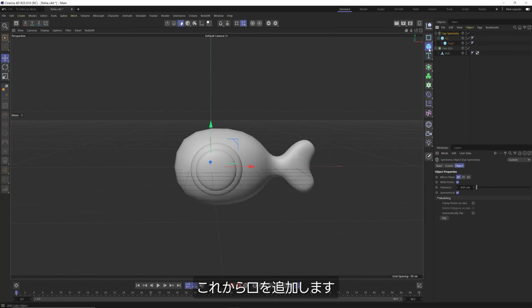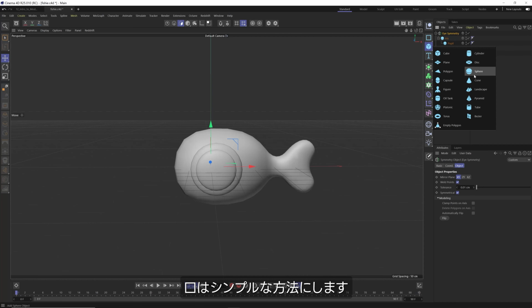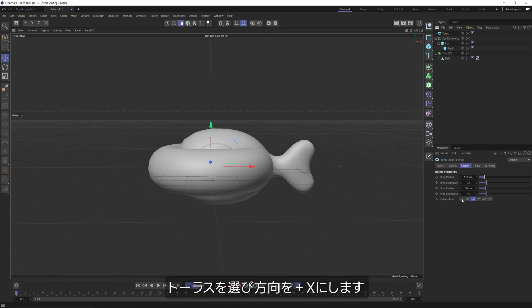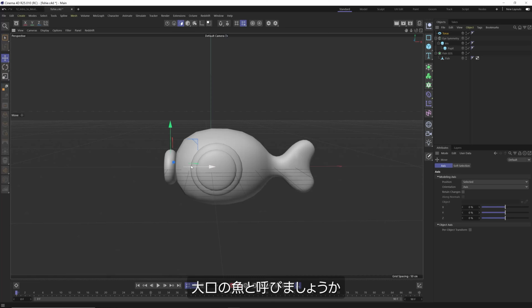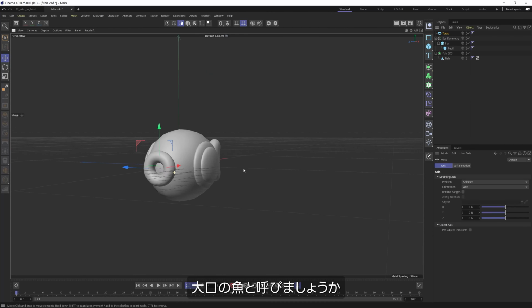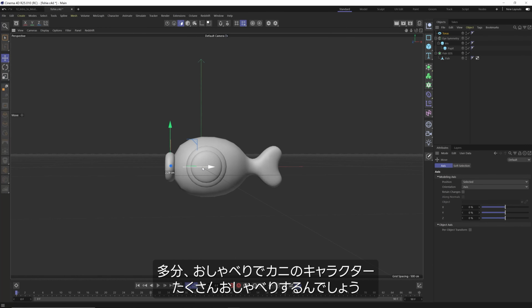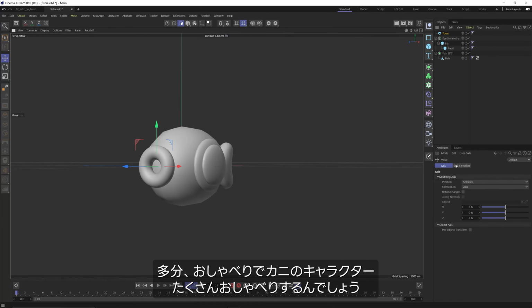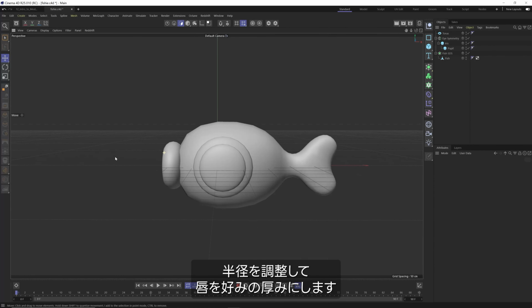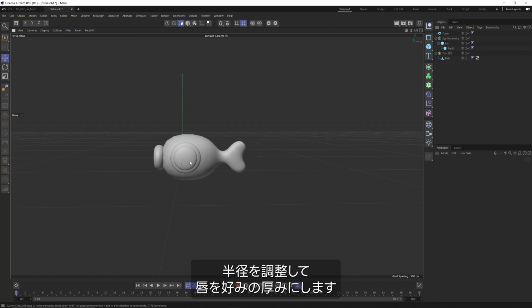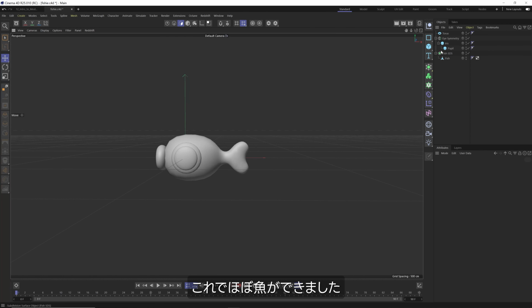And now let's go ahead and add the mouth. And for the mouth, I'm just going to be super simple with this. Let's grab a torus and change the orientation to +X. And let's just kind of shrink this down. And there we got, let's call this a big mouth fish. Why not? And maybe it's very talkative, talks to our crab character a lot. And what we can do now is adjust the radius here if we want to do that. However thick you want your fishy lips to be. And there we go. We basically have our fish